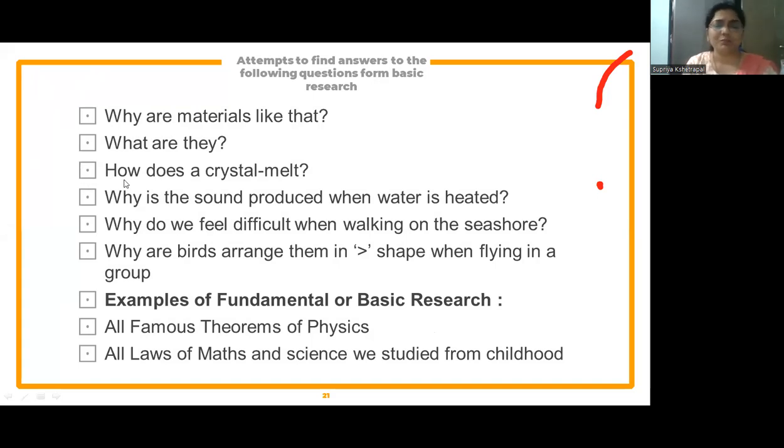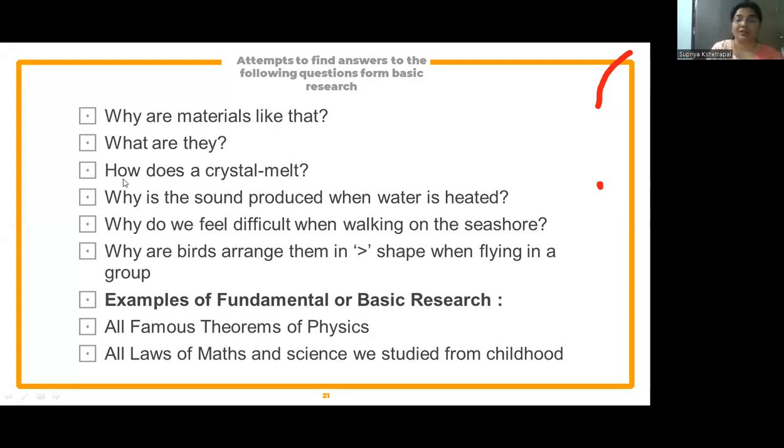हाँ, बहुत ही कॉमन सी चीजें हैं, क्वेश्चन हैं। हाउ डज द क्रिस्टल मेल्ट, बहुत ही सिंपल सी चीज है, ये छोटे छोटे बच्चों के मन में आती है और ये आनी भी चाहिए, तभी आपके मन में, जब तक ये क्वेश्चन नहीं आएगा तब तक आपका माइंड एक्टिव नहीं होगा। वाई द साउंड इज प्रोड्यूस्ड व्हेन द वाटर इज हीटेड? अब वाटर से कभी हमने आवाज नहीं सुनी, बट फिर भी जब वाटर हीट हो रहा है तो साउंड क्यों प्रोड्यूस हो रहा है ना।